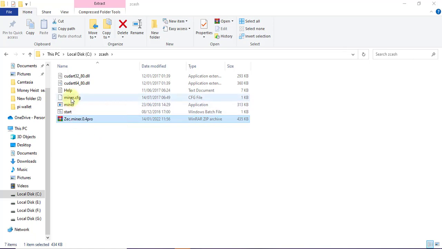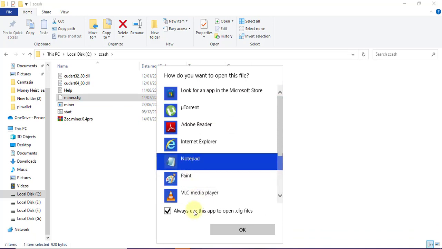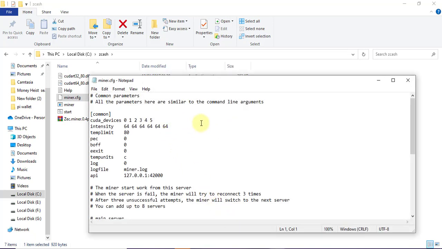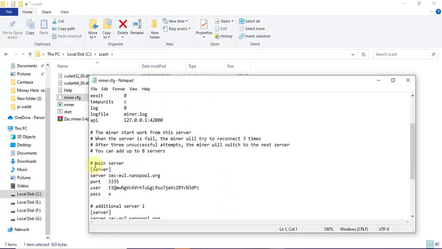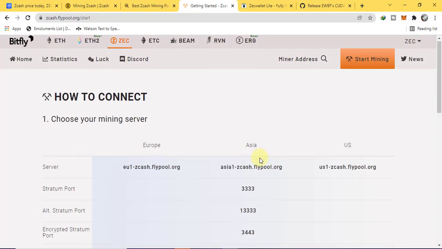Go to the miner.cfg configuration and enter the mining pool details that you want to join. Open it with the help of Notepad. Now scroll down and go to main server and change these values according to the mining pool that you want to join. Let's go back to the mining pool.